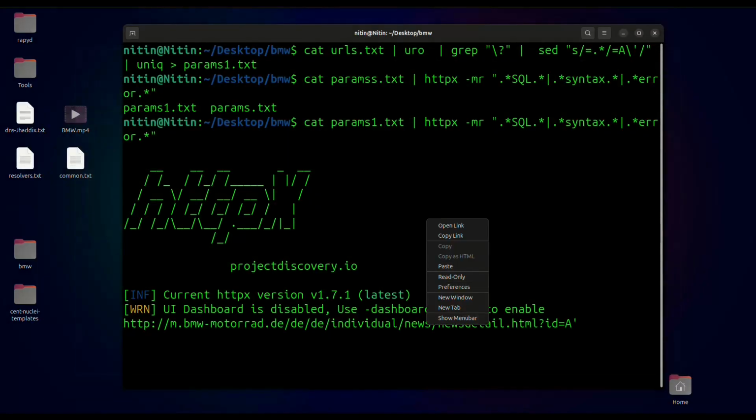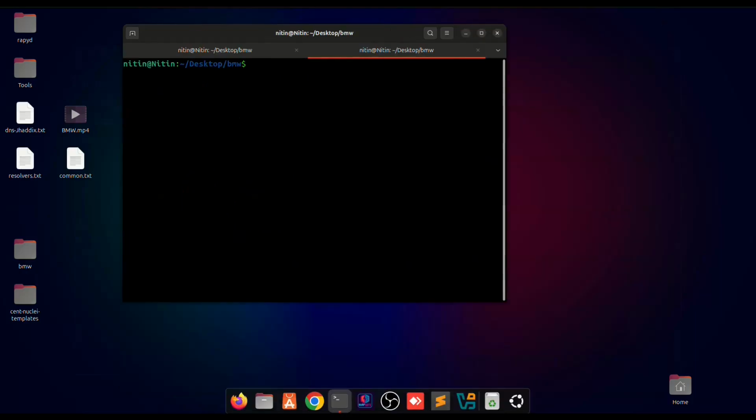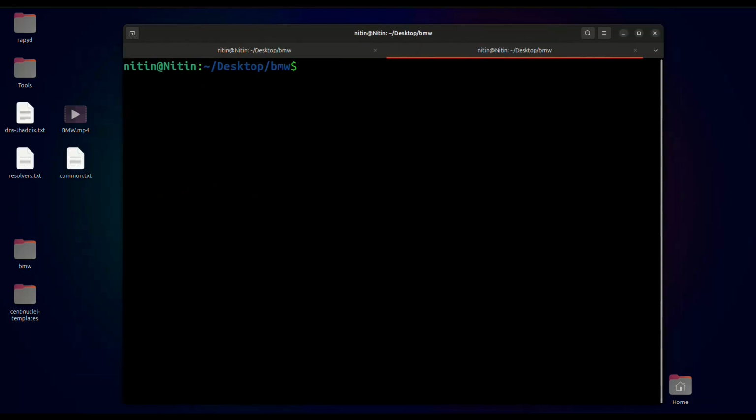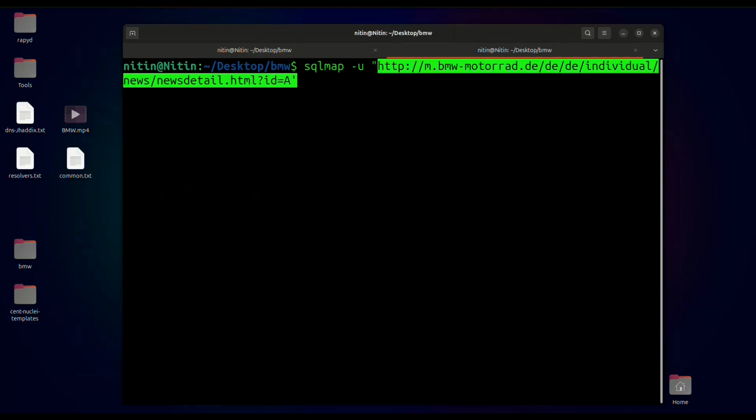Now let's say you find something. So now what you are going to do is confirm and exploit with sqlmap. Let's say we found an endpoint. So we'll do sqlmap with dash u and our URL.